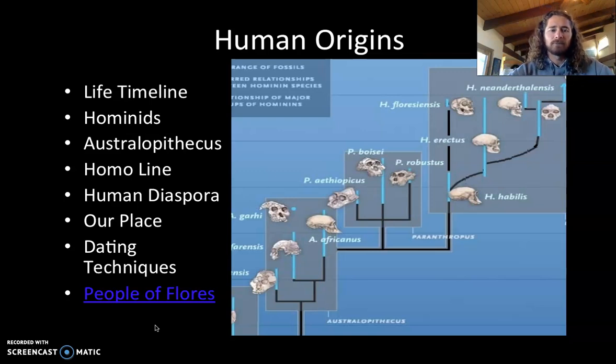I do recommend watching supplemental videos. The people of the island of Flores in Indonesia, Floresiensis, are an amazing hominid group. They call it the Hobbit human. Very small, short, like 3 feet, but anatomically correct. It throws a wrench in some of our evolutionary data, in terms of our nice clean lines of development and morphology. So again, I would urge you all to check out some of these videos as well.